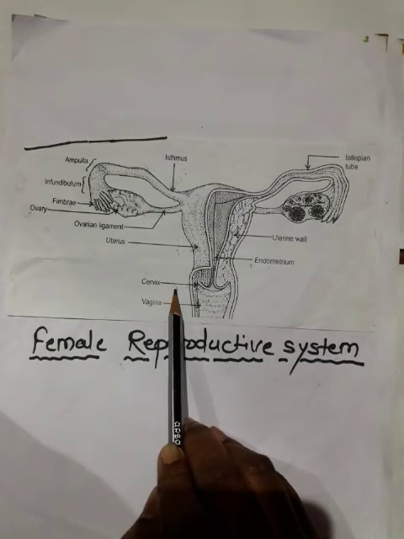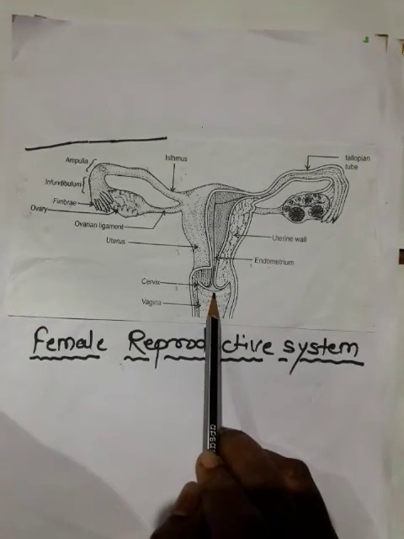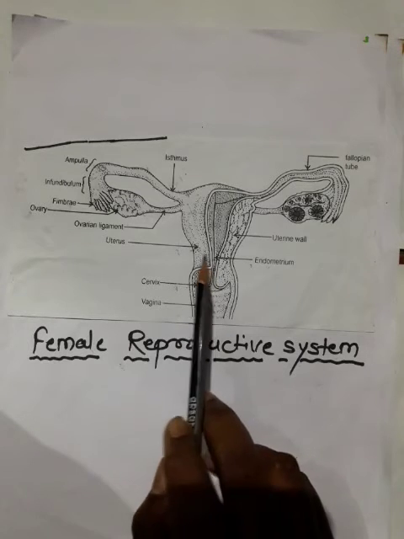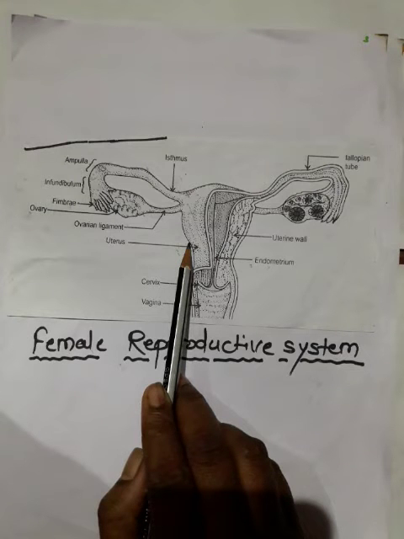Next one, cervix. It is the lower, narrow and tapering portion of the uterus. It opens on both sides, meaning into the vagina externally and into the uterus internally. It is formed by a muscular ring of cervical sphincter, which is the most powerful sphincter in the human body. Function: the uterus provides the place for the development of the embryo. It forms the connection between mother and fetus, and it also helps in parturition by powerful contraction.